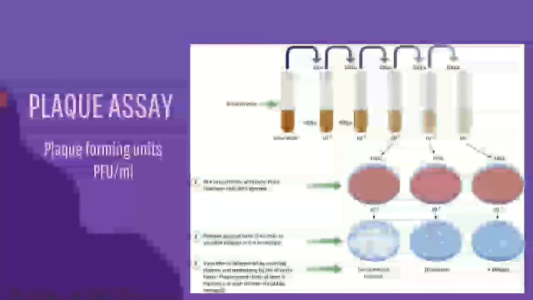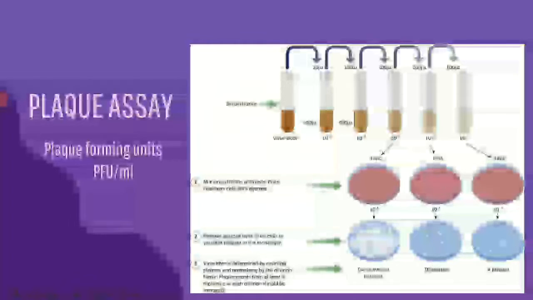The next method that we have is an example of an infectivity assay. Infectivity assays are actually a battery of tests. There are many infectivity assays that we know. Infectivity assays are those which require the virus to infect a cell culture or a particular embryonated egg. So we need to see them do the infection.